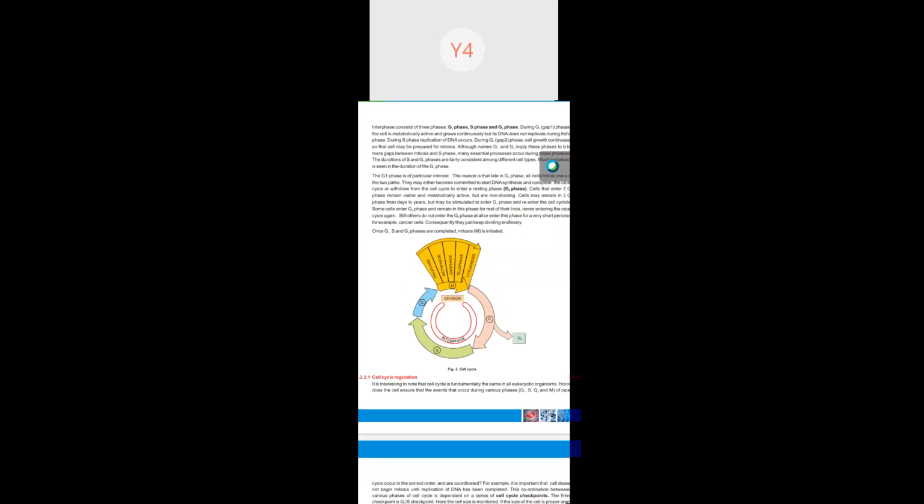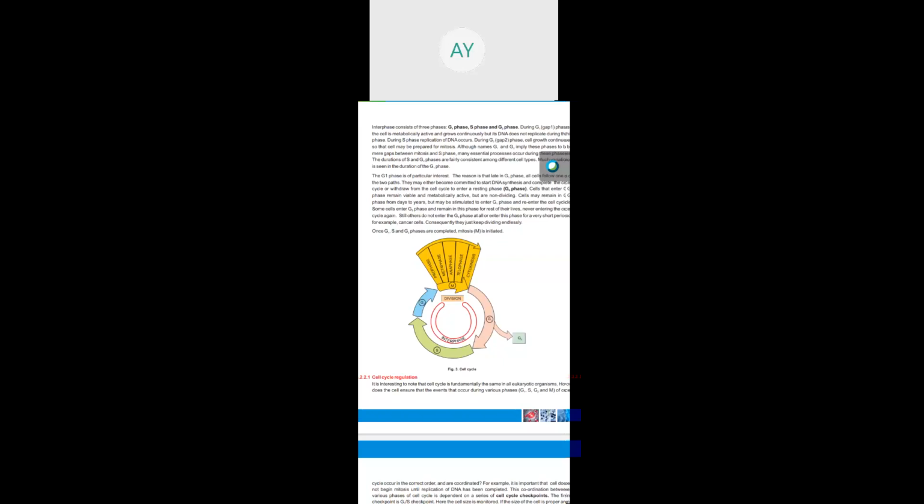So there are mainly 4 checkpoints to check whether the amount of material required for cell division is sufficient or not. Otherwise, it will proceed to cell division. If there is a deficiency of any material like DNA, RNA, or protein, then the cell will never enter the cell division phase. So just try to learn